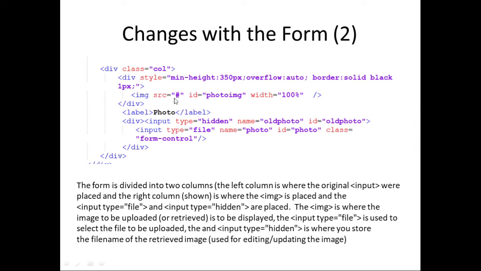and then inside the box is actually an img tag. So we have the source still blank, and then the ID is photo img. So that's the ID of this image. And then below the box is a label, photo,